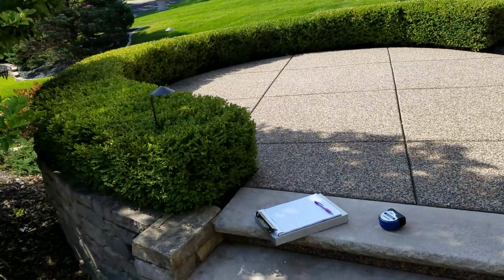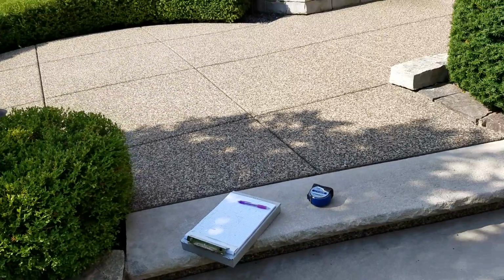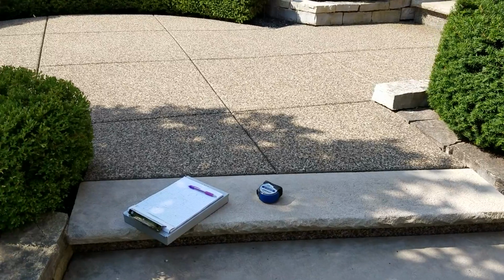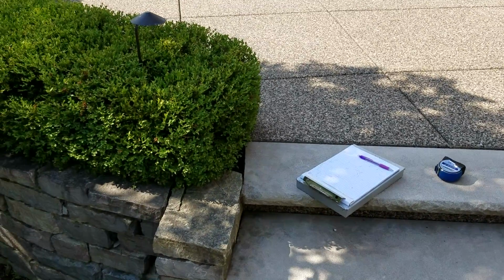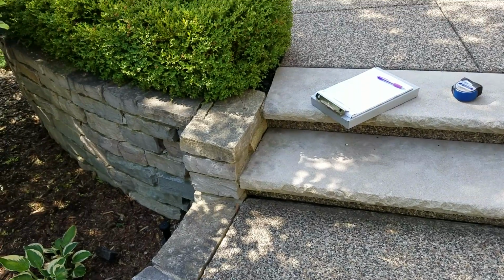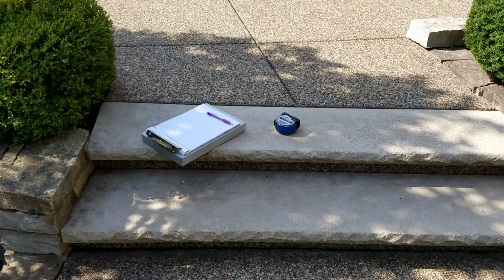All right, so this is over at the Radichel job. I'm going to walk through some of my dimensions here and go over some of the notes just so that way we can try and get a grasp on it, because we are doing this in a slightly different configuration and it's difficult to get a large project like this to scale with my hand drawings here. Okay, so